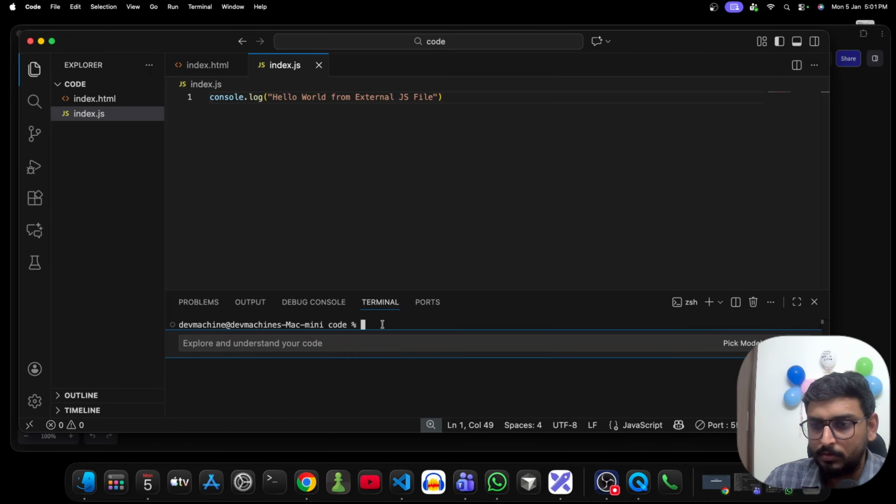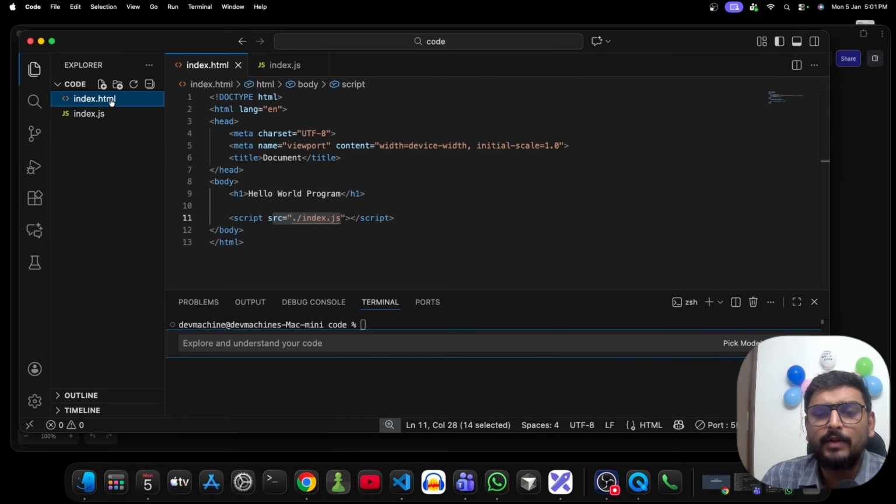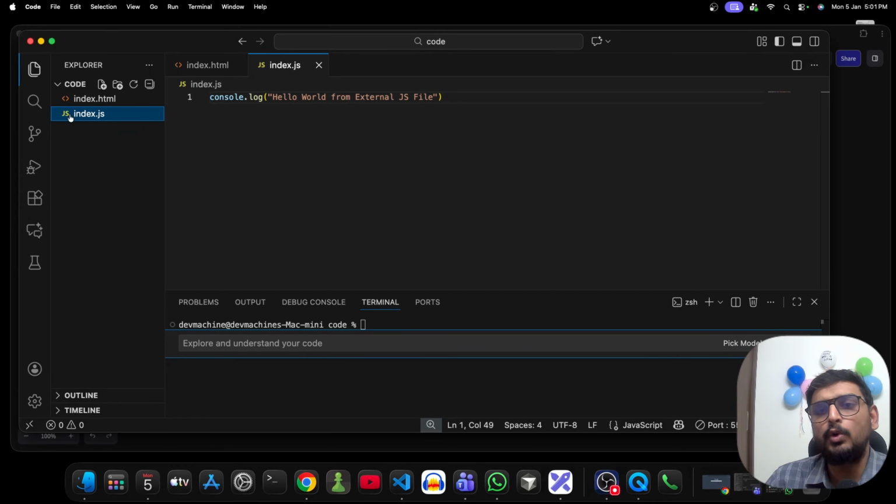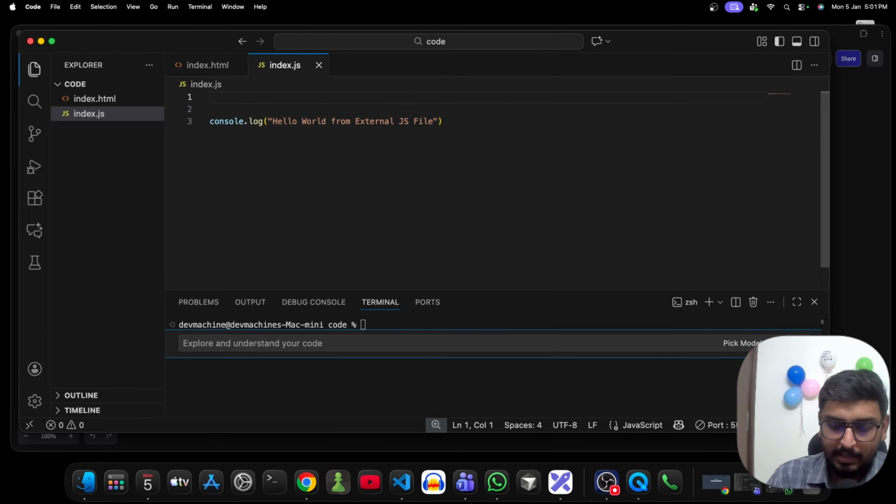Let me show you how to execute a JavaScript file in a local system. We already know that whenever you run the HTML file, in which we have attached some external JavaScript file, the external JavaScript file also runs and you get the output. That's completely fine. But coming back to this index.js file, if you alone want to run it without running the HTML file, then we have to run this JavaScript file inside our local computer. For that, you definitely need something known as Node.js